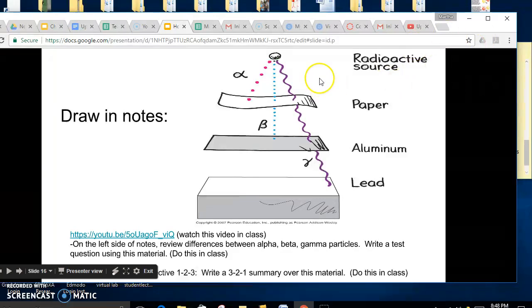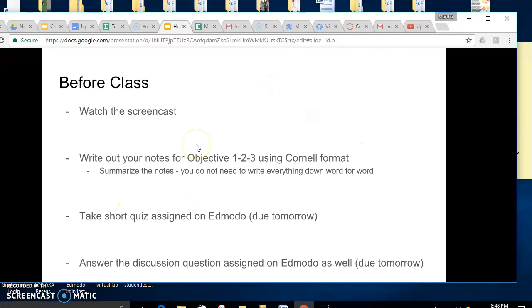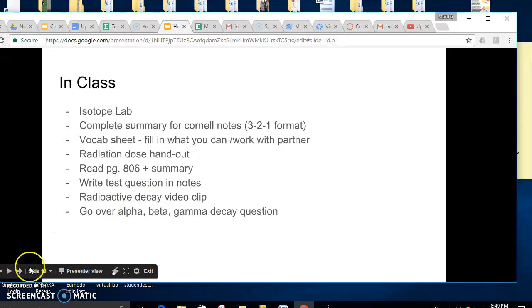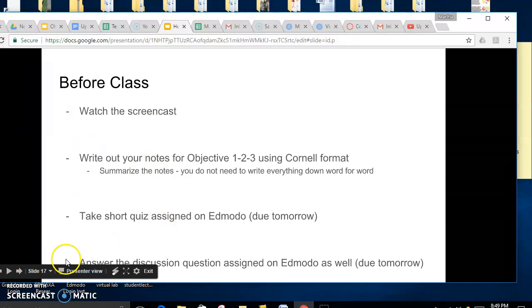So for this particular slide, I want you to pause so that you can make a quick drawing of alpha particle being stopped by paper, beta being stopped by aluminum, gamma being stopped by lead. Everything down here at the bottom we're going to do in class, but you will be doing a 3-2-1 summary over objectives 1, 2, and 3. The next 2 slides just take you through what you need to do before class and after class, or in class. And you can pause these as I don't have very much time left on my recording. So the previous slide takes you through what to do before class, and